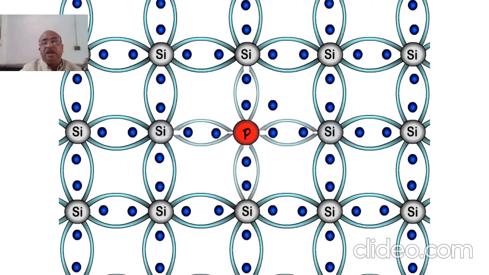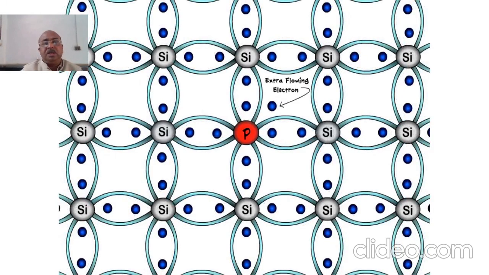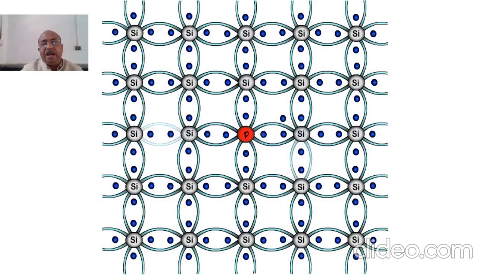This one leftover electron, which is not participating in the sharing of covalent bonds, is free to move within this material, and these extra flowing electrons help to constitute current. This current is because of the n-type material's charge carrier, which is called the electron. This way, while adding phosphorus, we can get an n-type semiconductor. And here you can see that this one free electron is available, which can be used for the conduction of